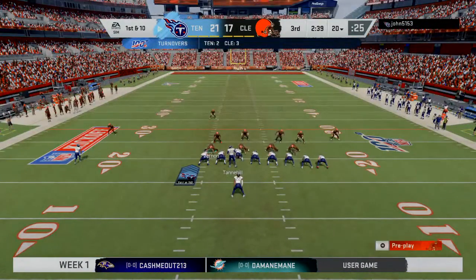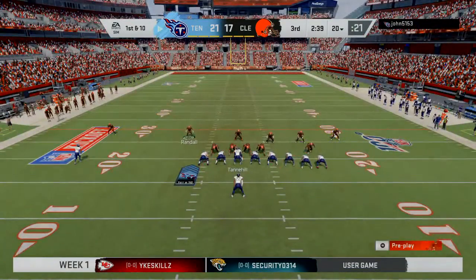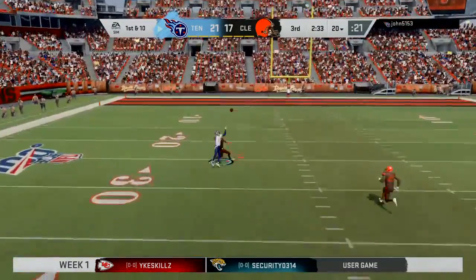The Titans offense set to begin the drive. And for them, a touchdown their last go-around. Obviously, they'll be hoping to do that again. And when you start plotting for this drive, when you start thinking to yourself, okay, what are we going to do? You don't go away from what you did before because that...